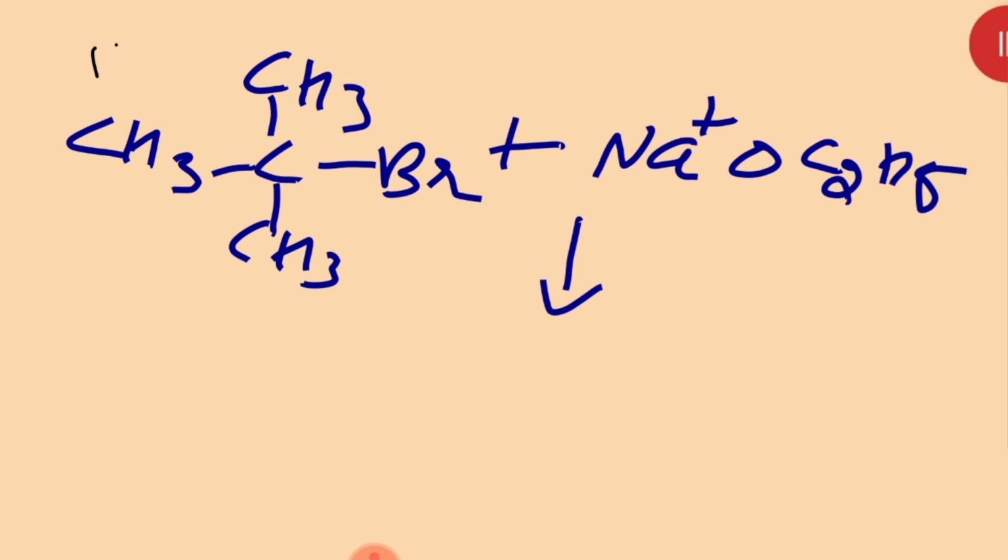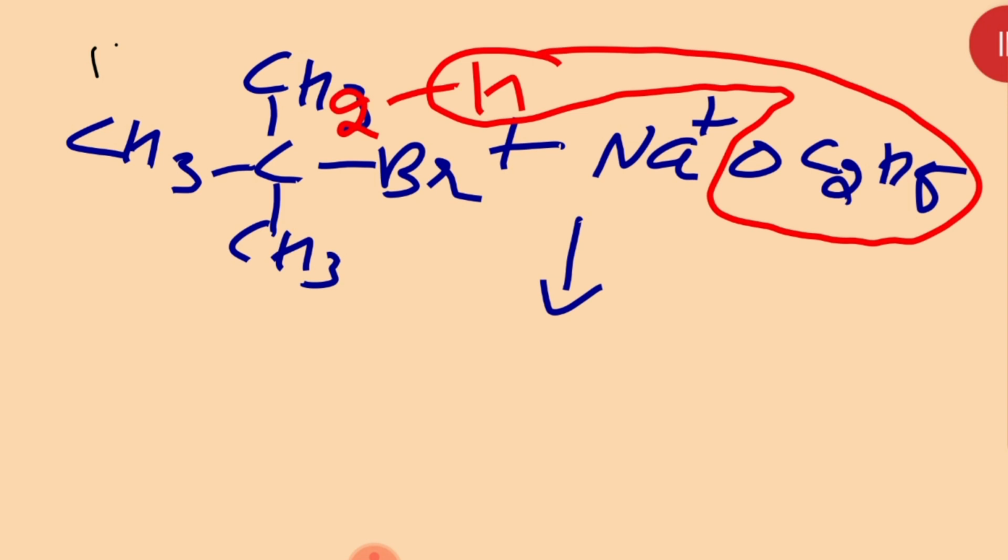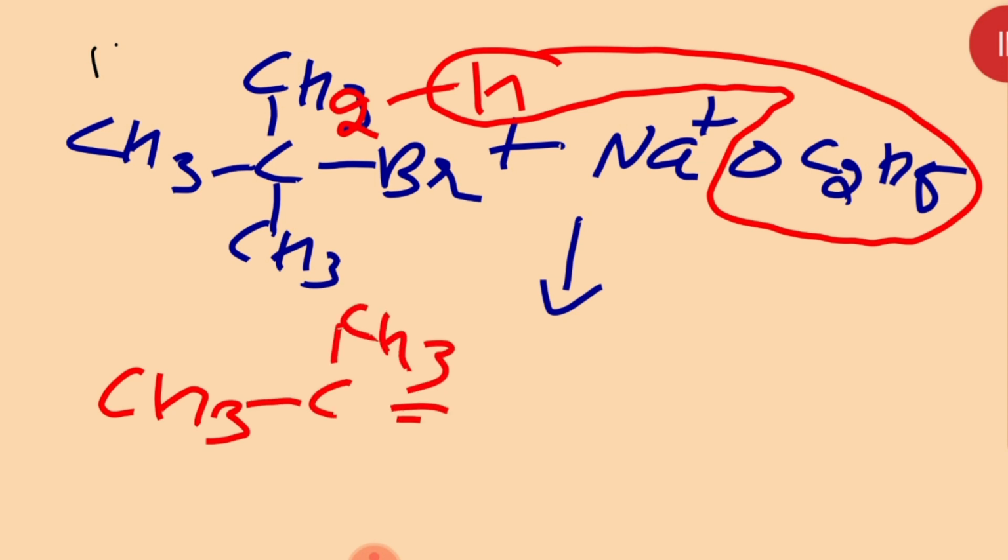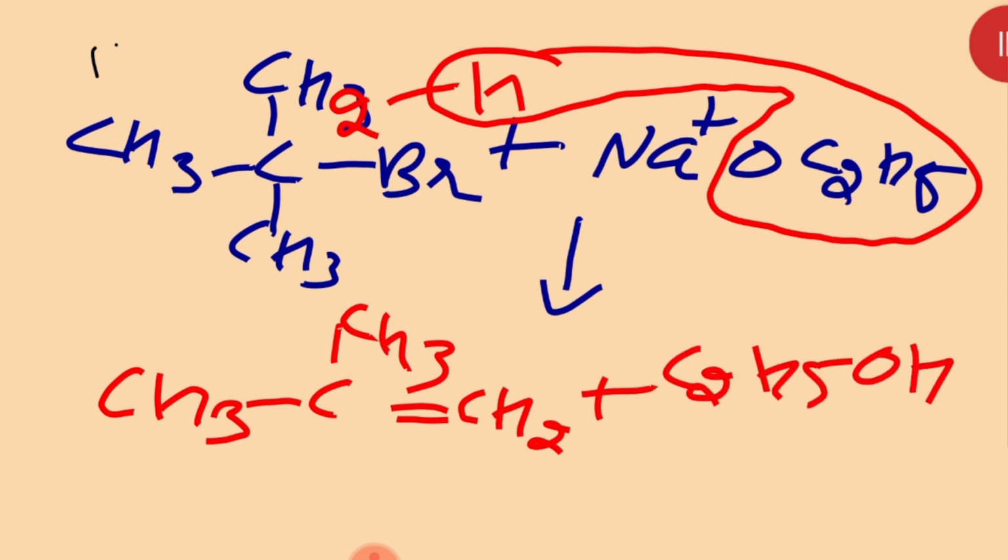Okay, so this is going to be made over there. See here, this H can be removed from there. Okay, and this H will go along with this only, and one NaBr can be removed. Then the product is CH3 double bond CH2 plus C2H5OH plus NaBr. Clear? So in this way we are going to make the product. So I think its limitation is clear to you. It is more useful for the primary, but for the secondary there is substitution and elimination, but for the tertiary only and only elimination reaction is there.